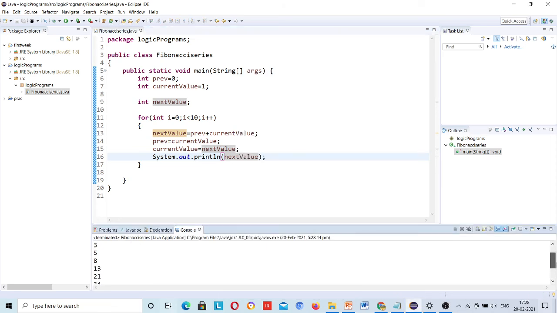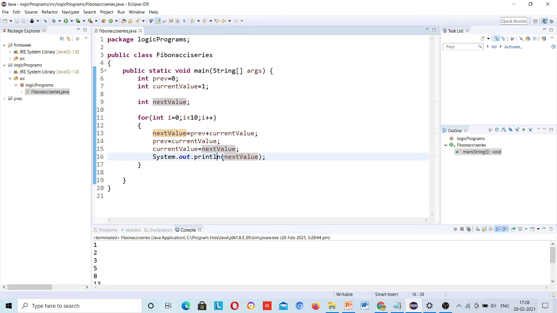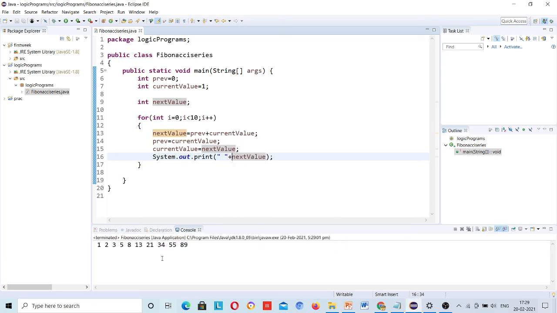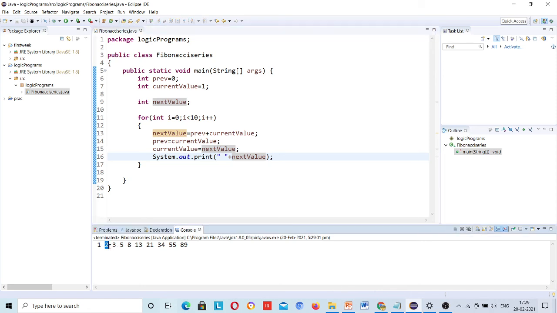You can see I will remove this ln and give a space over here. See, 1, 2, 3, meaning 0 I have not printed here.